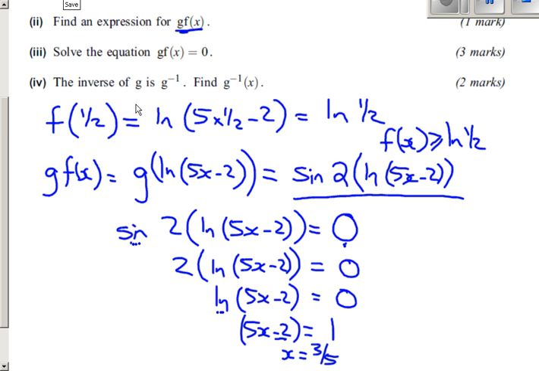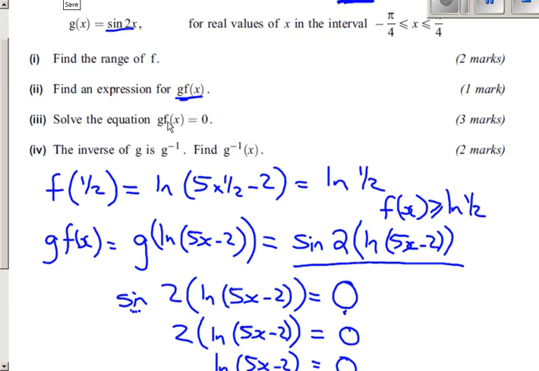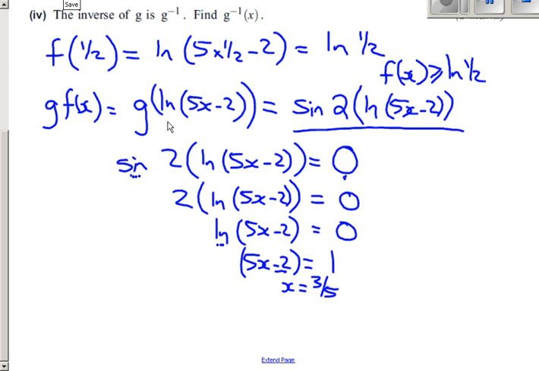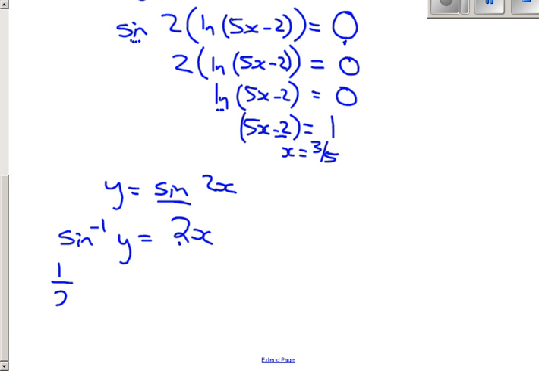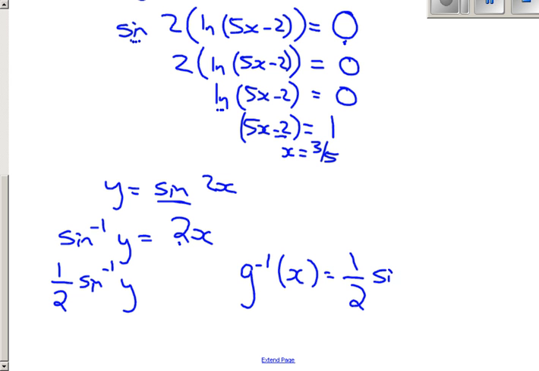Last one just says find the inverse of g, and of course g was the sine of 2x. So if y equals the sine of 2x, step 1, get rid of the sine, so you get the inverse sine of y equals 2x. And then get rid of the 2 by halving again. So the inverse of g is a half the inverse sine